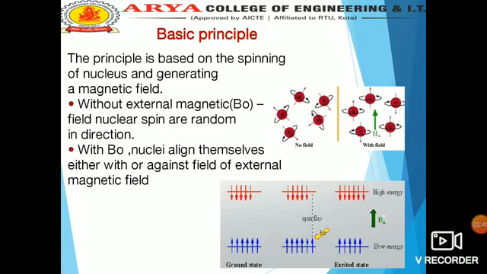Now the basic principle of NMR spectroscopy: the principle behind NMR is that many nuclei have spin and all nuclei are electrically charged. If an external magnetic field is applied, an energy transfer is possible from the base energy level to a higher energy level.